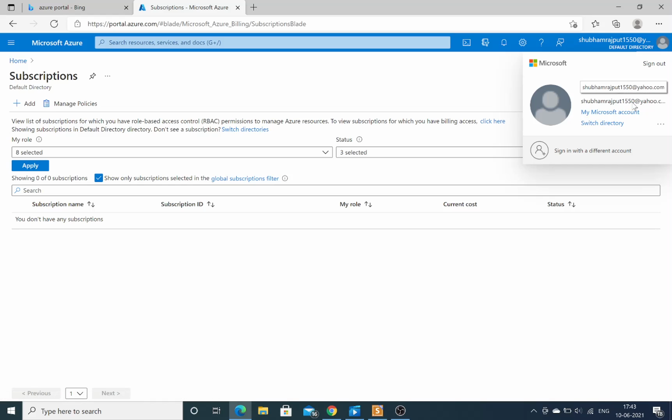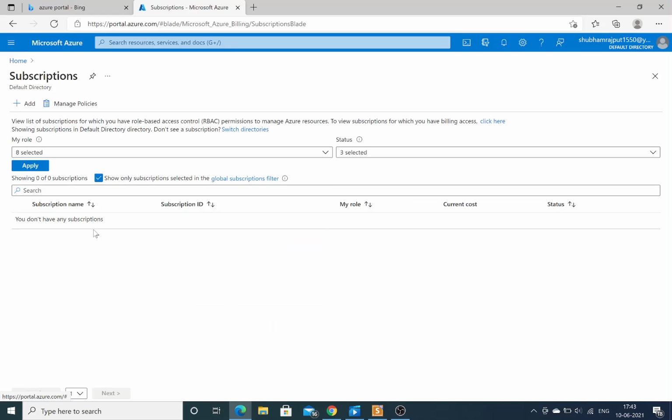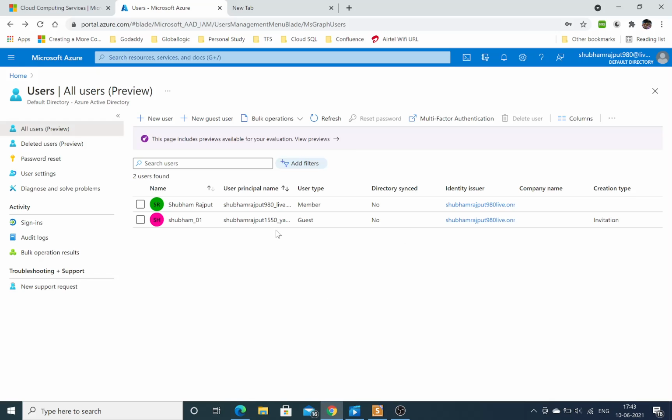But if I check, I don't have any access, no subscription is available, nothing is available over there, because I have sent an invite but have not assigned any role to this user. So from where can we assign the roles?